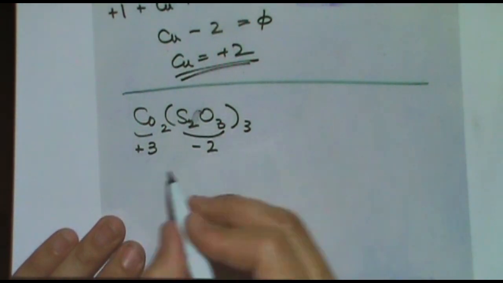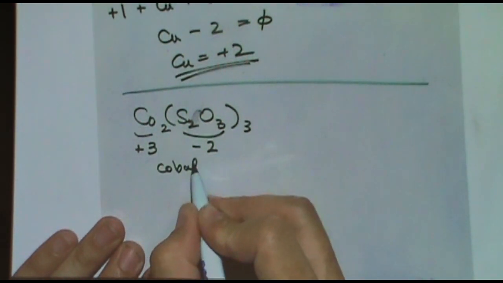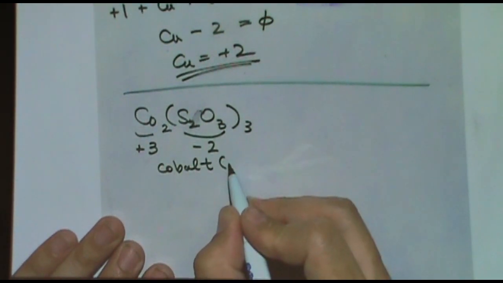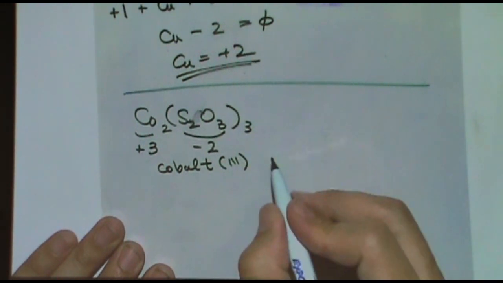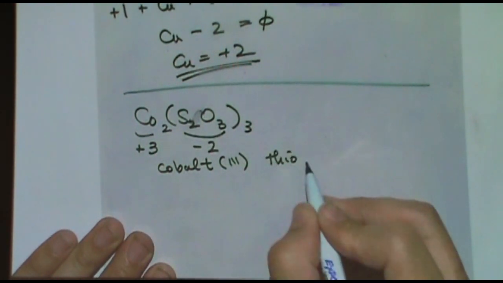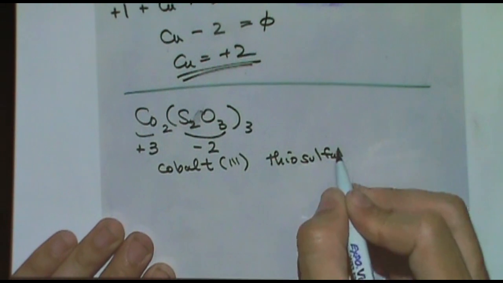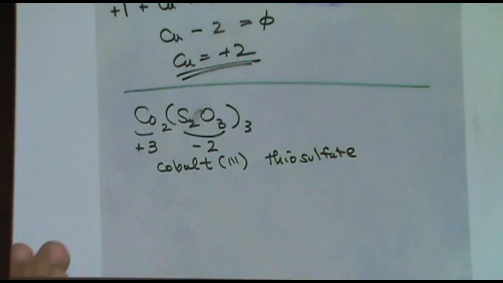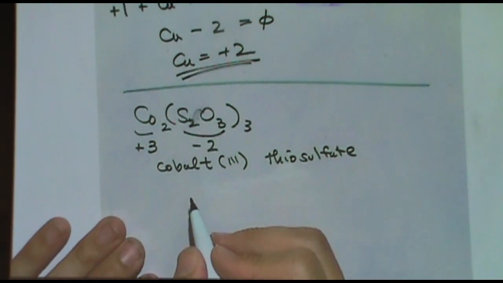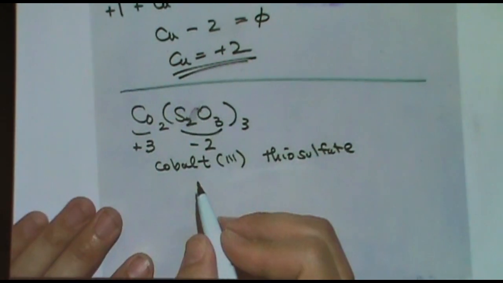So we've got, let's do English, that would be cobalt. First name as is. 3, Roman numerals, space, thiosulfate. Okay, done. If you wanted to name it in Latin, there's no Latin equivalent of cobalt, but you want to